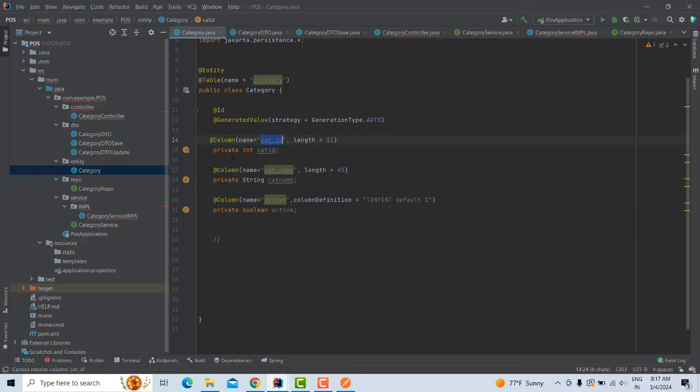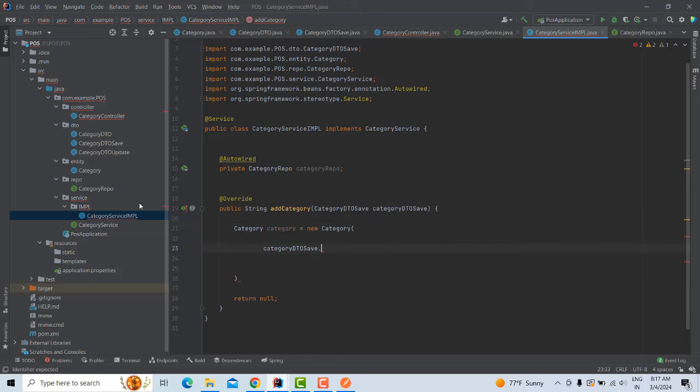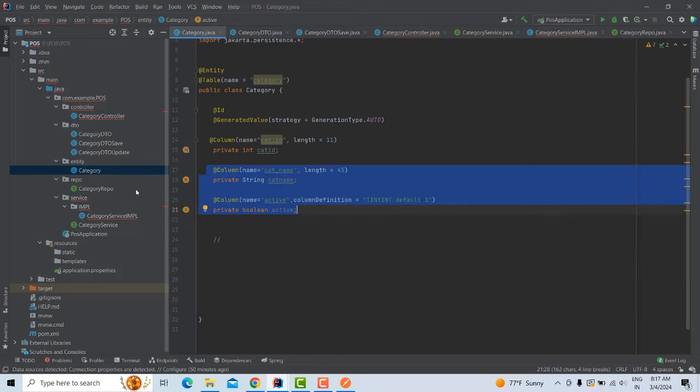This is the auto increment. We don't need them. This one should be here. We have put in the auto increment, but generate auto. The rest of the fields are must. So we have to write like this. So here, what I did is implemented. So where we have to implement the